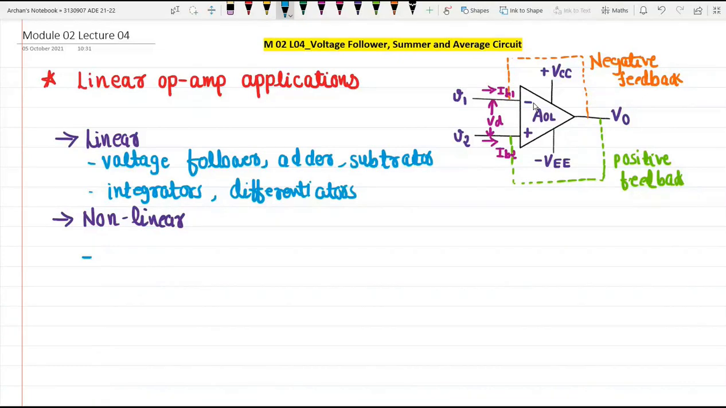On the counterpart, suppose we talk about the non-linear applications, right? So here we are providing the feedback to the non-inverting input terminal, and that feedback may be provided using some non-linear elements like diode, transistor, etc. Okay, and these non-linear circuits have highly non-linear input to output characteristics. Okay, so talking about the typical non-linear applications, they are precision amplifier, rectifier,